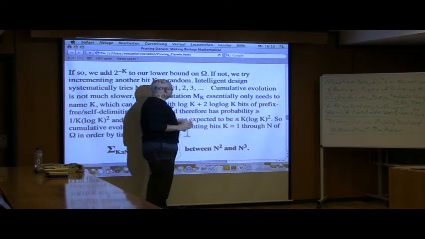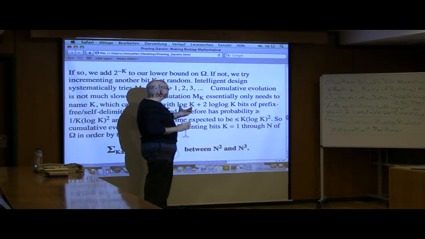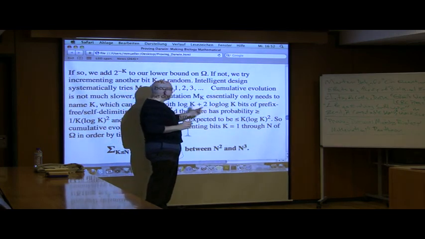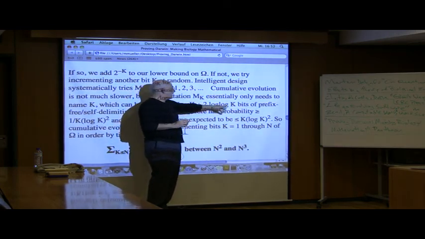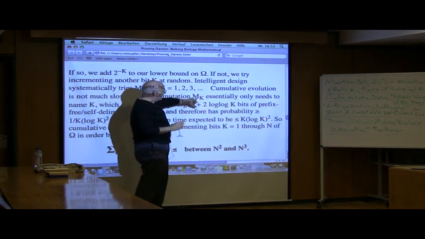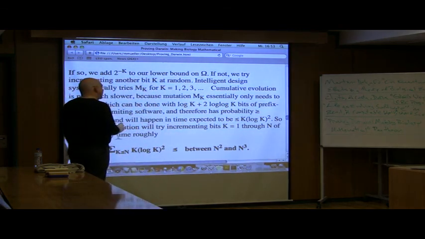So one way to do that is to put in front of this the bits for this number in binary, the number of bits in the number, and double them and add 2 more bits. So there's a prefix which tells you how many bits there are in the number, and that's going to be about this many bits. So this is a good estimate of the number of bits that it takes to program this, and therefore the probability is going to be